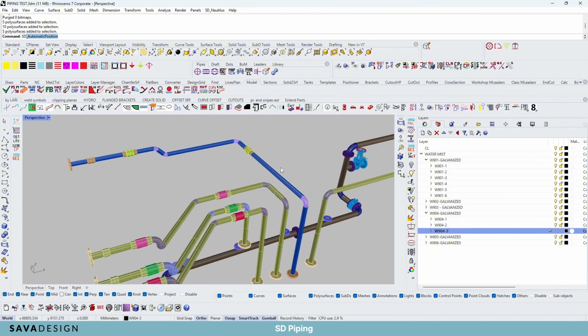Once we have the line split into spools, we can start positioning the elements of the line. So you run the automatic positioner. You define the name that you want, so the prefix of the position. Sorry, to split the spool,